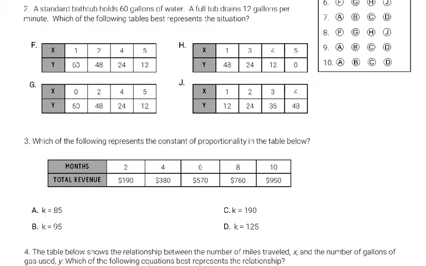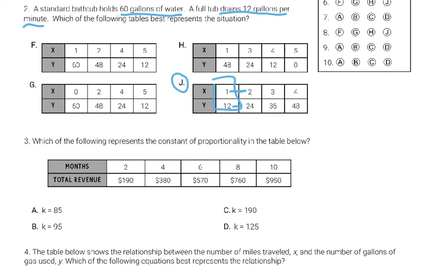The second question says, a standard bathtub holds 60 gallons of water. A full bathtub drains 12 gallons per minute. Which of the following tables best represent the situation? In this equation, the x is the amount of minutes and the y is the amount of gallons drained. The answer to this problem would be J. I know this because in 1 minute, 12 gallons would be drained. And since 1 is multiplied by 2 here in the x, you multiply 12 by 2, and that would be